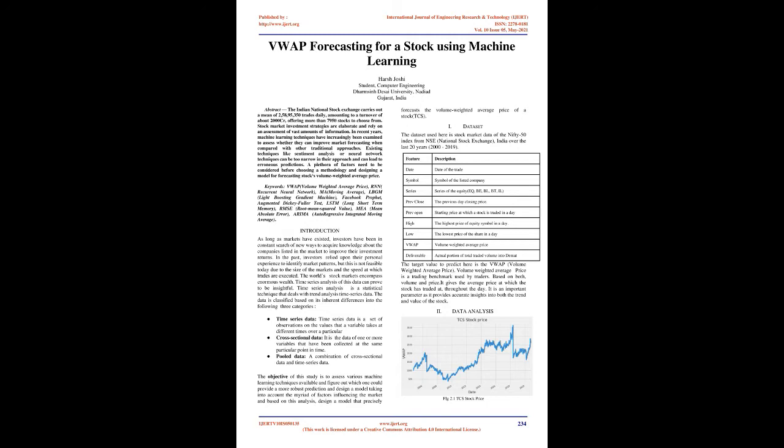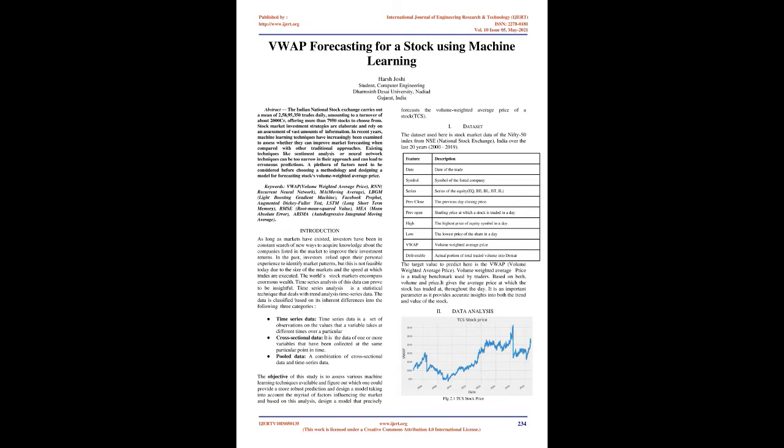The objective of this study is to assess various machine learning techniques available and figure out which one could provide a more robust prediction, and to design a model taking into account the myriad of factors influencing the market, and based on this analysis, design a model that precisely forecasts the volume-weighted average price of a stock, TCS. The dataset used here is stock market data of the Nifty 50 index from NSE, National Stock Exchange, India, over the last 20 years,